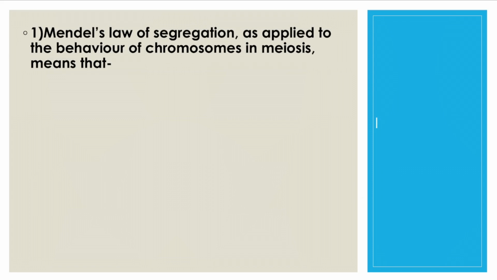When gametes will form after meiosis, they will have only one kind of allele. You know that alleles are various forms of genes. One gene can have two or more than two alleles. So, at the time of meiosis, when homologous chromosomes will separate at the time of metaphase 1, they will go in two cells and they will have separate alleles. I am just trying to say that